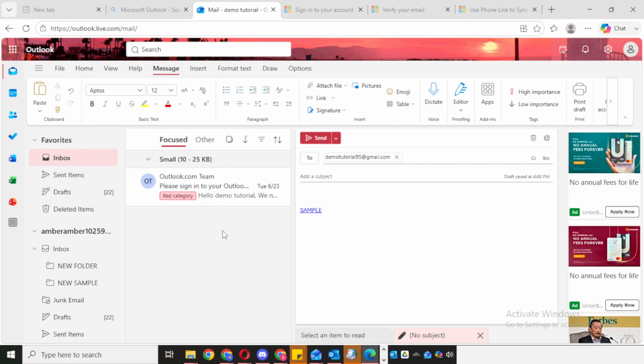Forwarding can be helpful if you check another email account more often, if you're managing multiple inboxes, or if you simply want to make sure important messages are seen in one central place. I'll walk you through exactly where to find the setting and what to enter so you can set it up